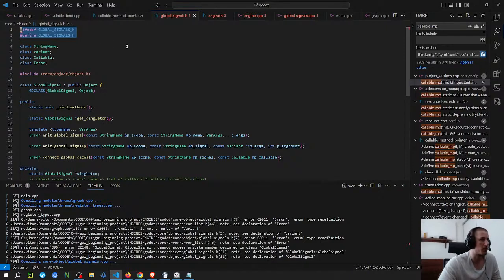This macro prevents the thing from being included multiple times, but the trick is that it only prevents that within the same translation unit. And a translation unit just means a C++ file with all the header files that it depends on. So this macro doesn't prevent the header from being included twice if you have separate C++ files.